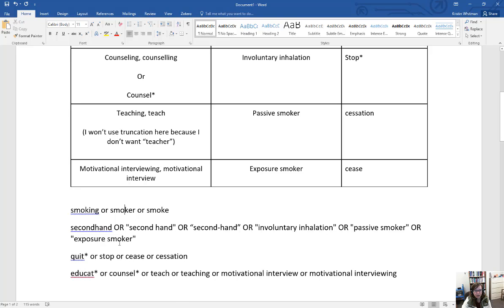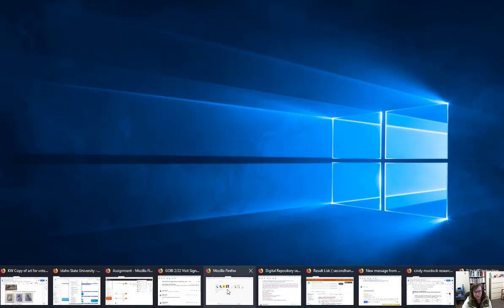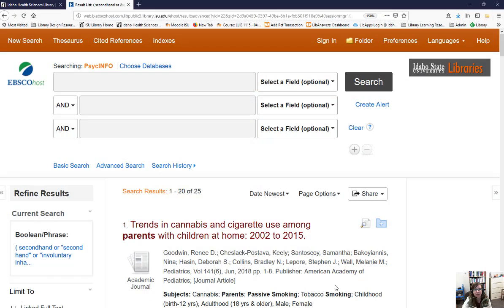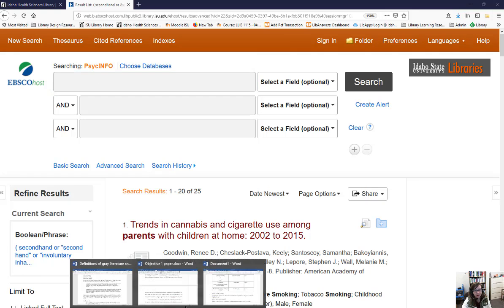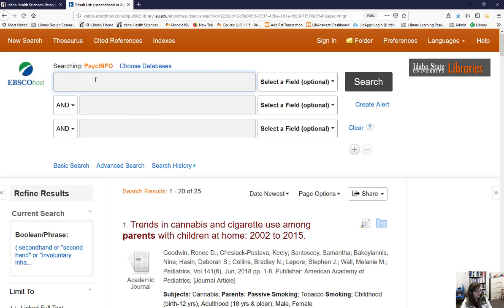And now I am ready to take these 4 different concept queries and combine them all in a database search. So what I'm going to do is go back to PsycInfo, if I can actually figure out where that is. Here. I am going to take this and start copying each concept, which is a series of keywords that mean the same thing, combined with